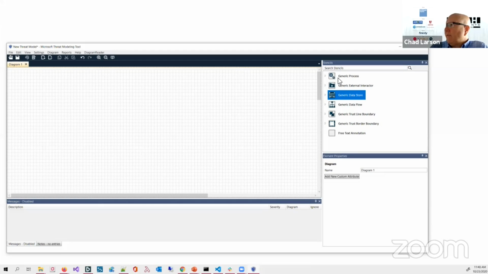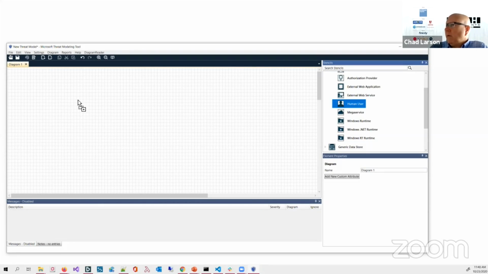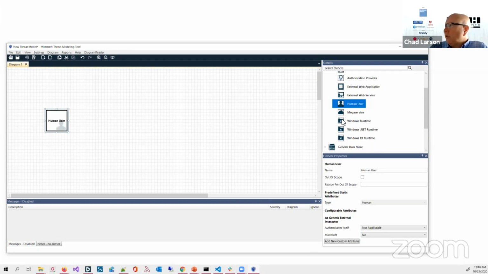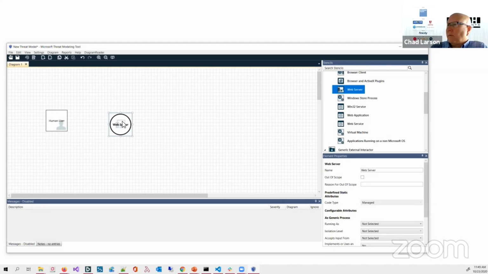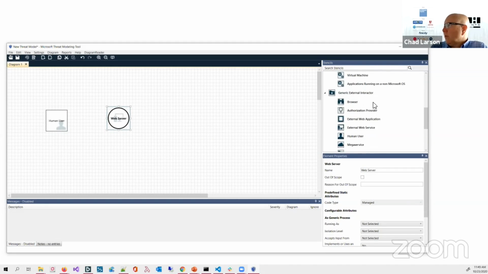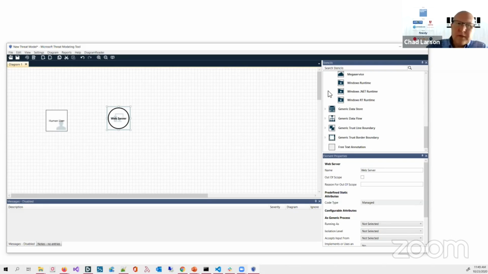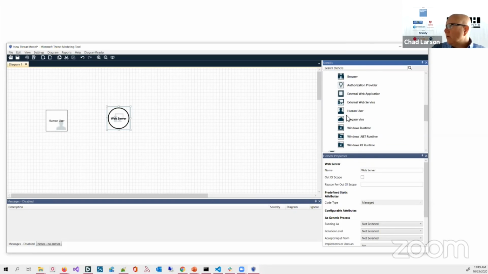Let's say we're going to have a human send something to our web server. And then we're going to store that in a database. And you can see that this is why I like to keep this side panel of the stencils here collapsed, because sometimes it can be a lot to scroll through here. So now I've got